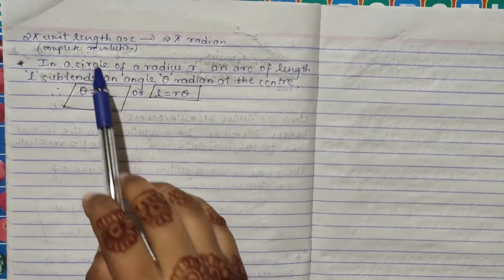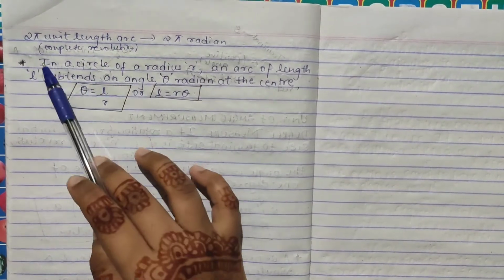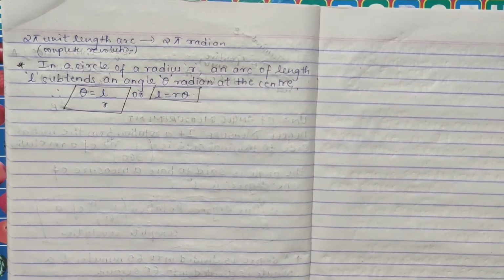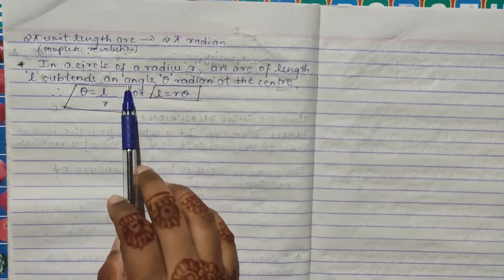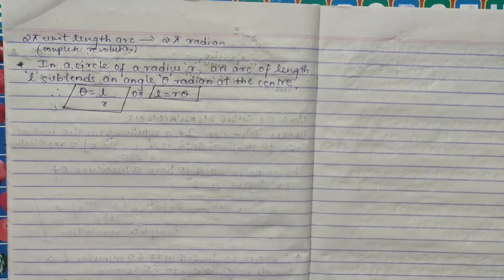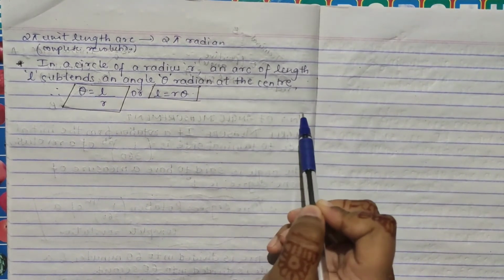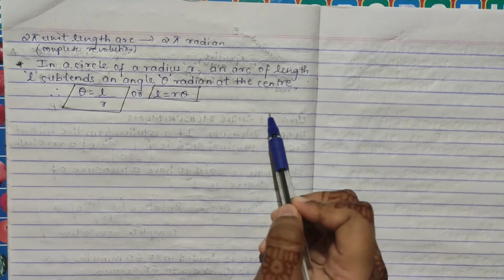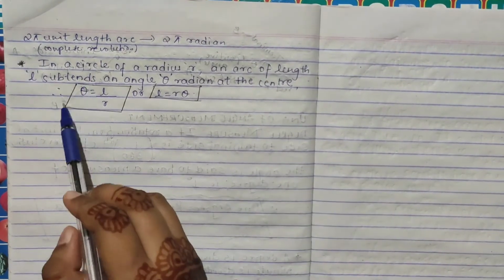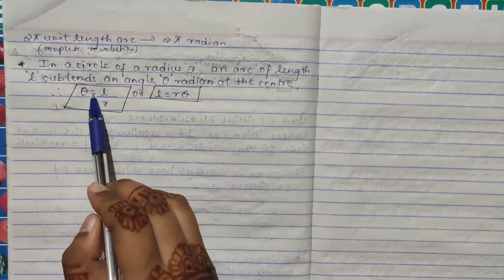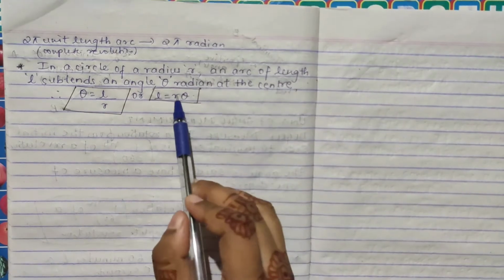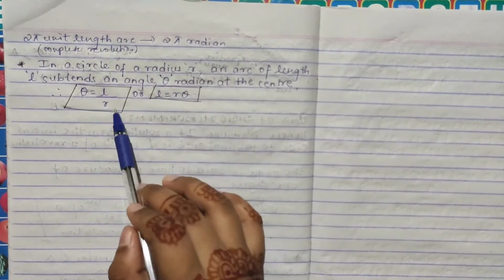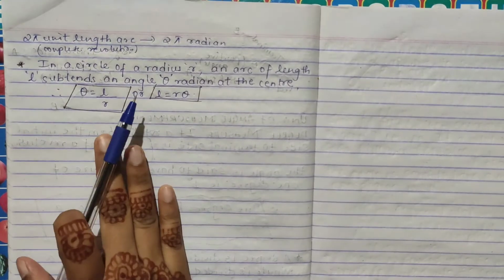So here also I said 2 pi unit length, that means the complete revolution of this is what? 2 pi radian only. And this thing you have to remember. In a circle of radius r, an arc of length L subtends an angle theta radian at the center. The same as we did: we had radius, then length, and an angle theta subtended. So in formula way, theta is equal to L by r, or if you are finding L, then it becomes r into theta by cross multiplication. This is very important to solve the problems, so keep it in your mind.